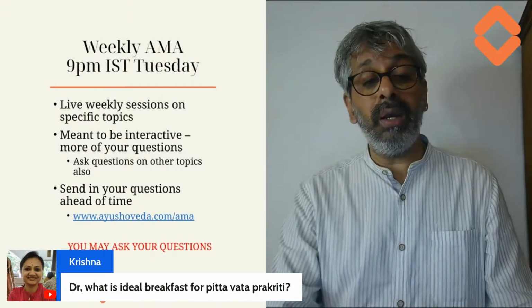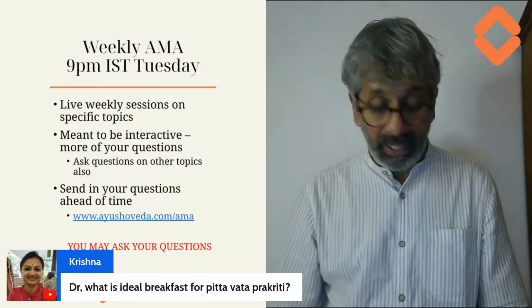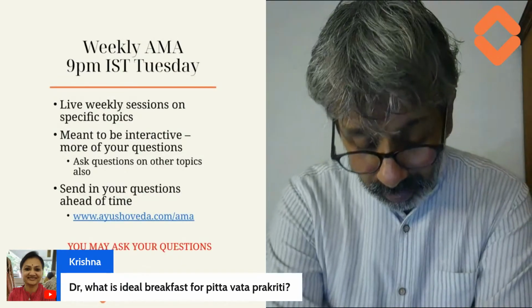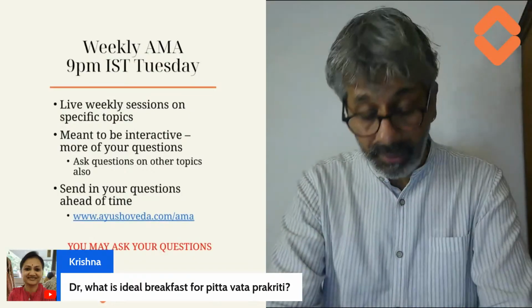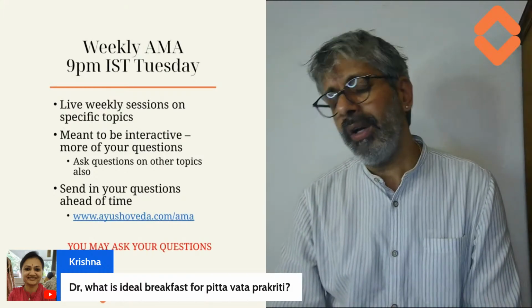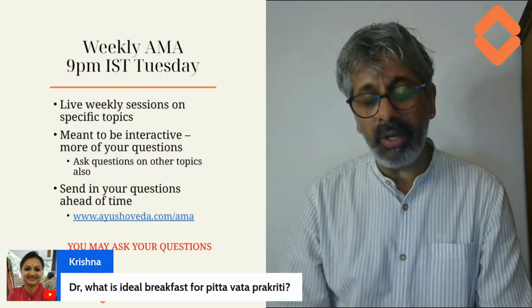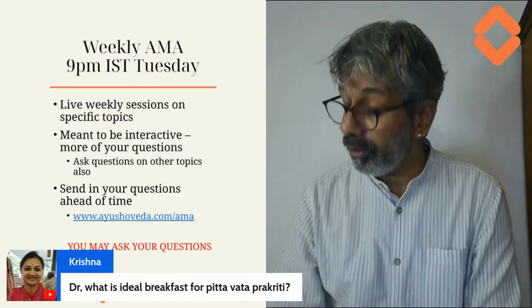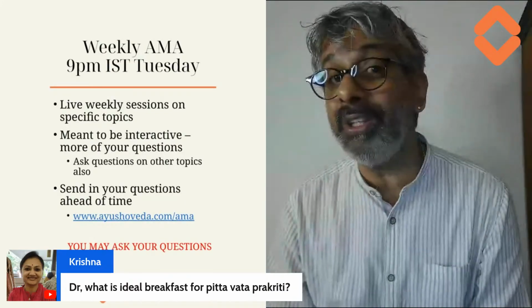What is an ideal breakfast for a Pitta Vata person? Anything which contains ghee and milk, because milk and ghee both pacify Vata and Pitta. That is your choice, whether you want to have poha with milk and ghee or whatever it is. Rice is actually a very, very good option. Not fermented, freshly made rice. You can have rice in the morning. You can have puttu, idiyappam, pongal in the morning. All these things are good for a Vata-Pitta Prakriti person.